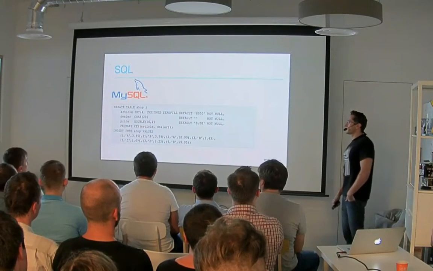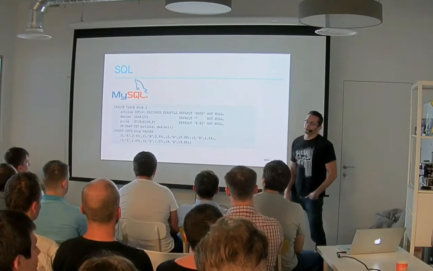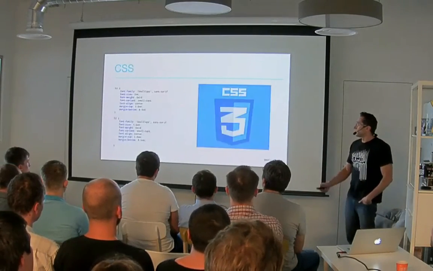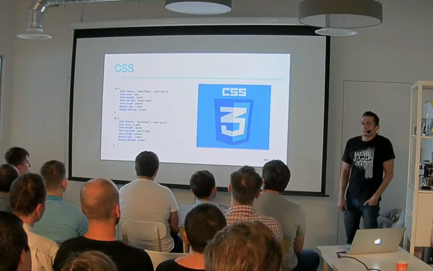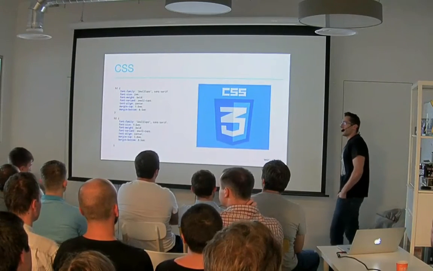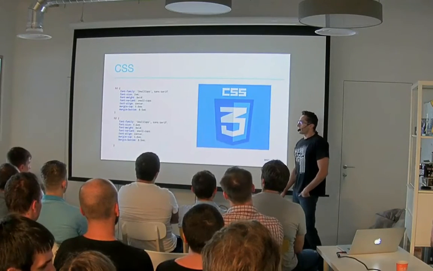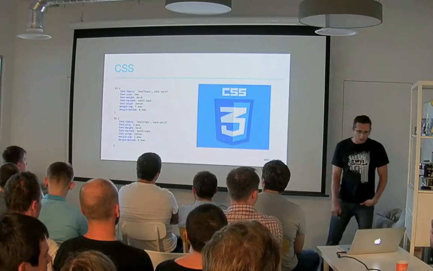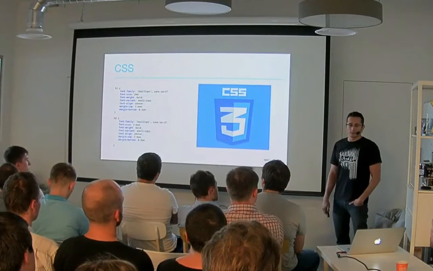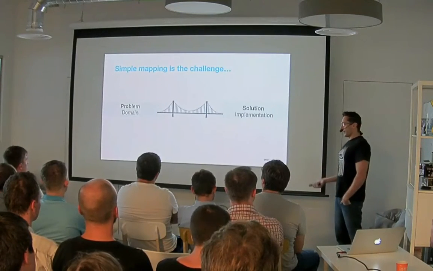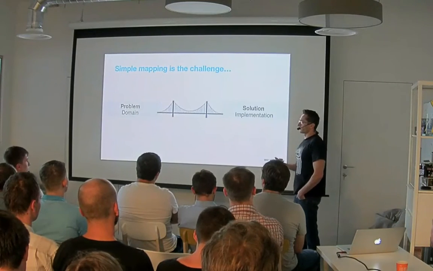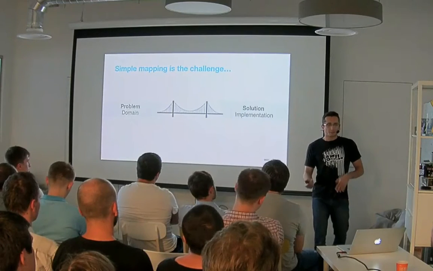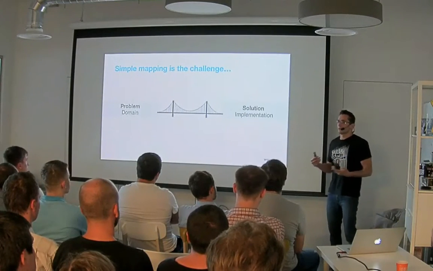The other one is SQL. SQL is a DSL that allows to query and manipulate data. And the last one I'm going to use is CSS. CSS is a DSL that allows us to define the looks and behavior of web and HTML components. Okay, we've seen some examples of DSLs, and if we go back to how we started and look back at the process we had with the barista, it's pretty much similar to the things we do in our day-to-day life.